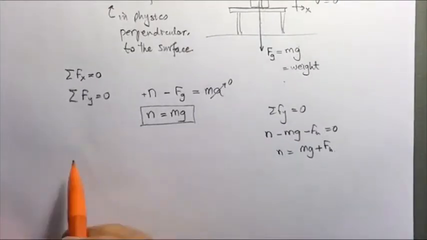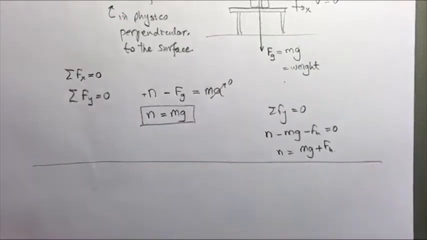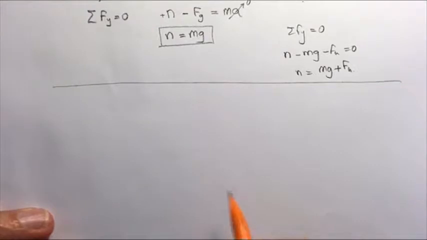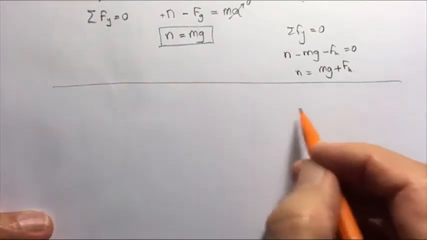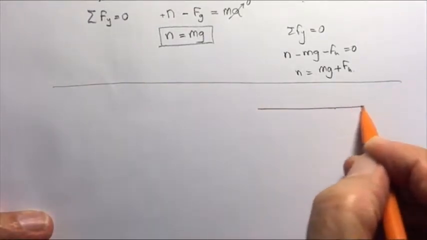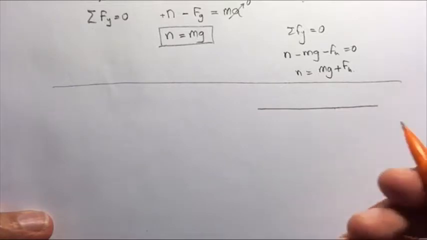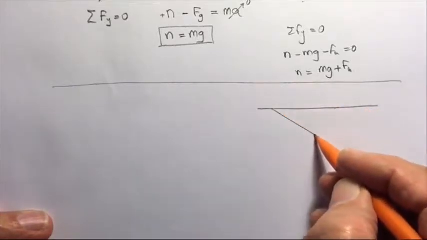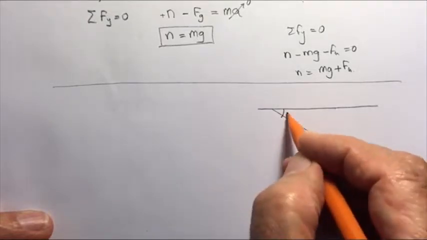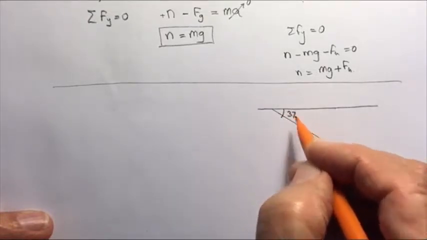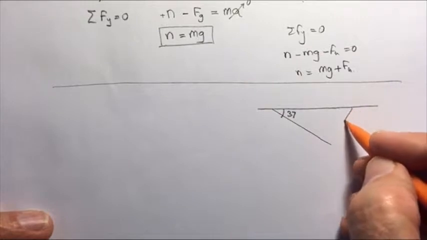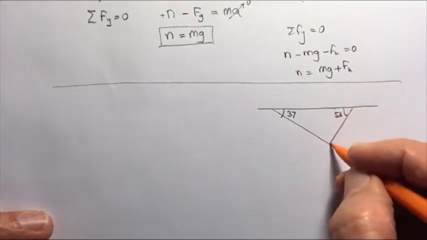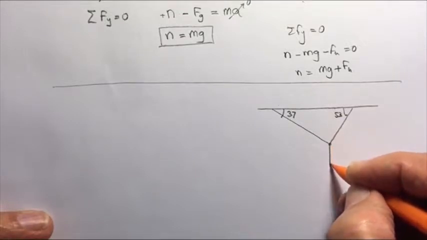Okay, so now let's solve more problems. I will do several examples using this, and the first one is that if we have a solid surface here, and we have two strings tied to it. I'll just take the same numbers as we have in the book. So one string is at 37 degrees and the other is at 53 degrees, and then together here there's another